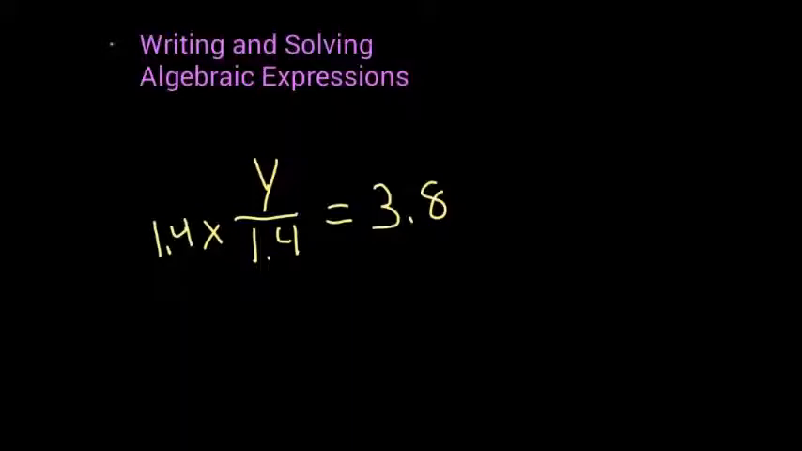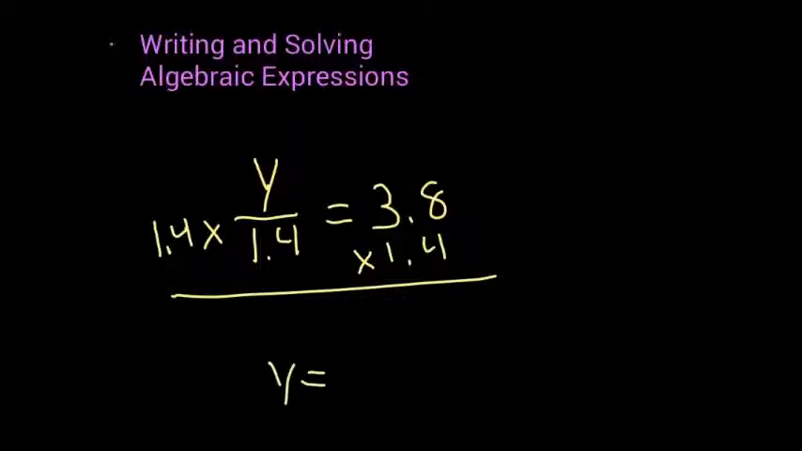If I do it to one side, I have to do it to the other to keep my equation balanced. So I'm going to end up with y equals something. So I need to do 3 8/10 times 1 4/10. So 8 times 4 is 32, carry the 3, 4 times 3 is 12, plus 3 is 15, 0, 1